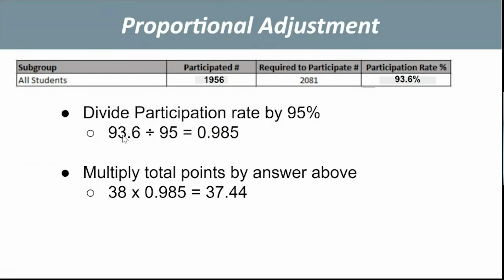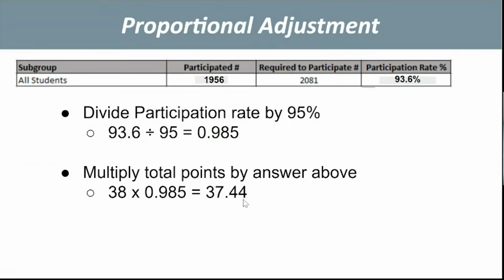So I'm going to take 93.6, divide it by 95, and I get a 0.985. And then that 0.985, if I multiply that by the points that I originally earned, which previously were 38, you can see that I'm going to have an adjusted score for this component of a